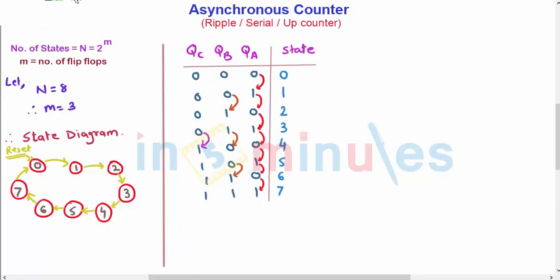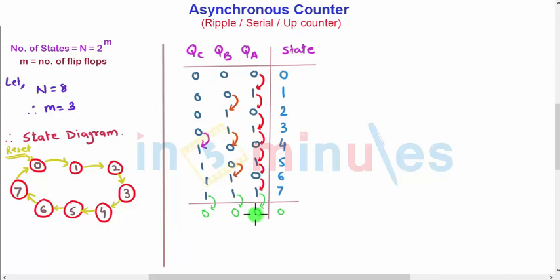But if you see carefully, in the last state, after the 7th state, what happens is, for the next clock cycle, A will go to 0. Since A will go to 0, B will again change with A, so B will become 0, and since B is going from 1 to 0, C will go to 0. So this is nothing but the very initial starting state, state number 0. The count will be repeated.